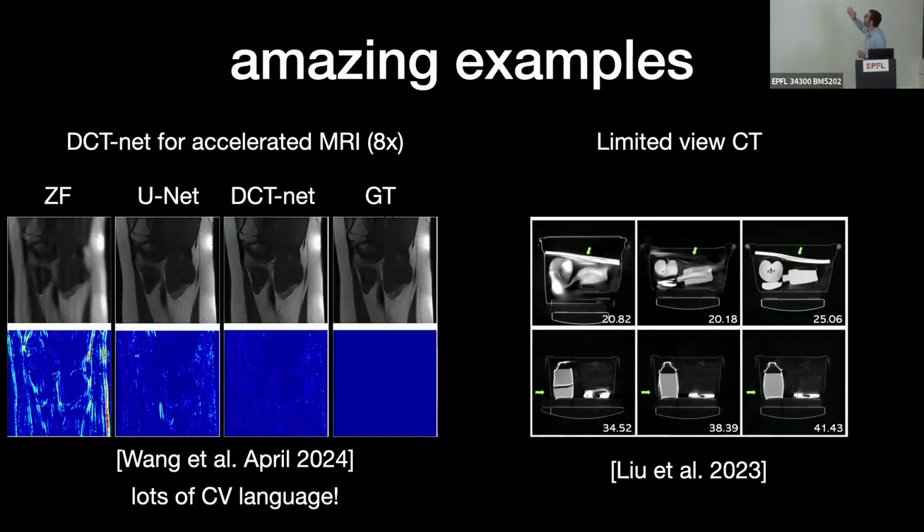Another example is from the group of Ulugh Kamilov on limited view CT. He was giving a seminar here not too long ago. Again, this is not exactly end-to-end deep learning, so I'm cheating a bit, but the results are just absolutely impressive. It is trying to learn an inverse of some forward map. And the results are, I could not believe when I saw them, how good they are.